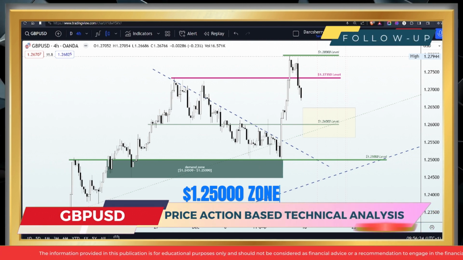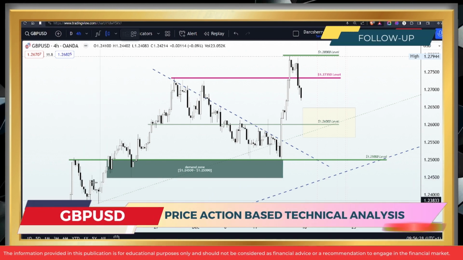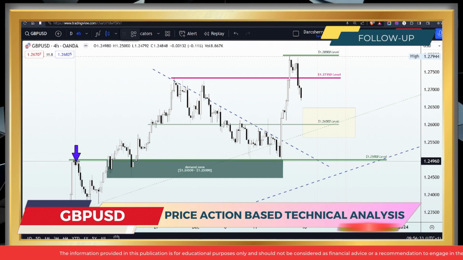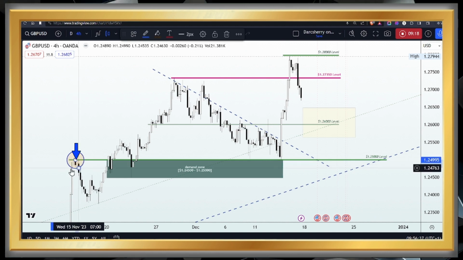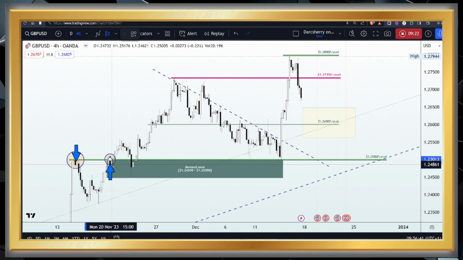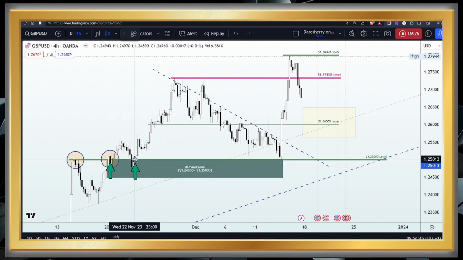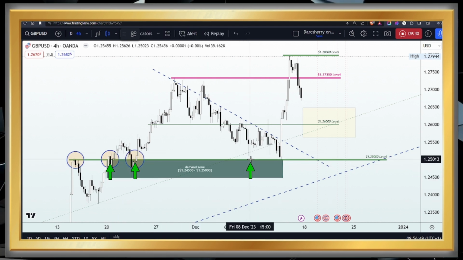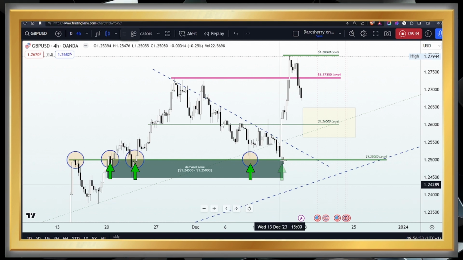And in fact, if you look at the structure, you can see that this level had played a major role in determining the direction of price action since the month of November. Look at what happened here. It was initially a selling niche before this level was broken to the upside, as you will see here, and since then price action had continued to trade above the 1.25 area, further emphasizing the strength of the buyers